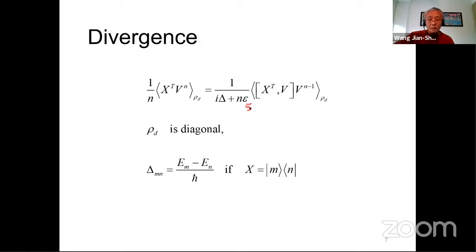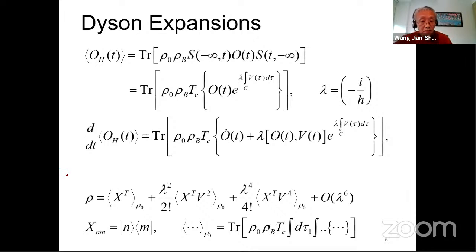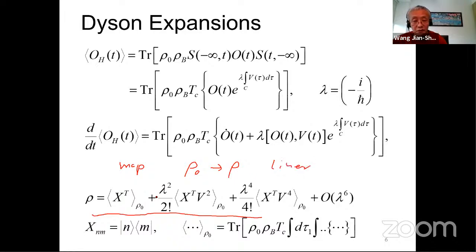So what's the problem? The problem is that I can choose my initial state in such a way that I can cancel this divergence. So maybe I show you the next slide. I have this series here. If you go back to this one. If you look at this equation, this equation is actually a mapping that maps your initial state to a final state. So this is your t equal minus infinity state, and this is the t equal 0 state. And this mapping is actually linear, because if you take a combination, if you take lambda, it will be lambda of that. So it's a linear mapping, and this mapping